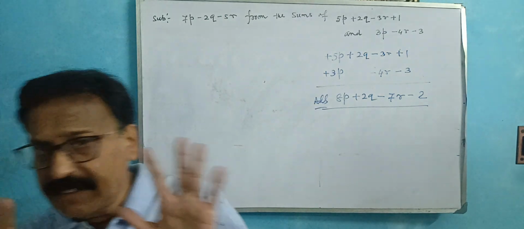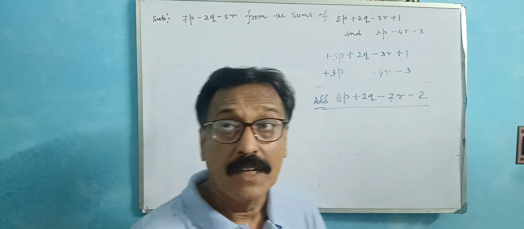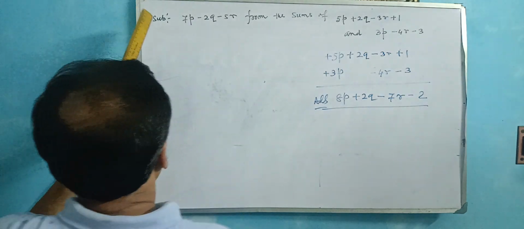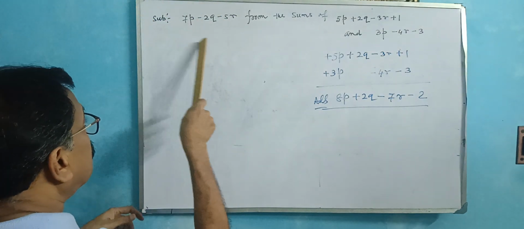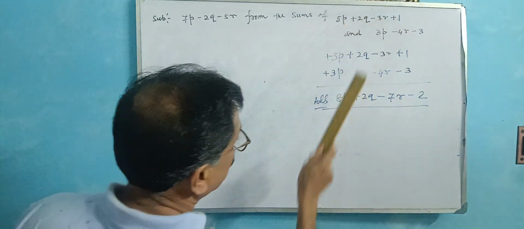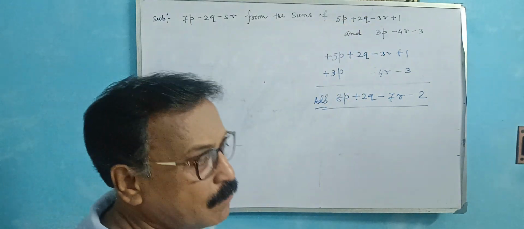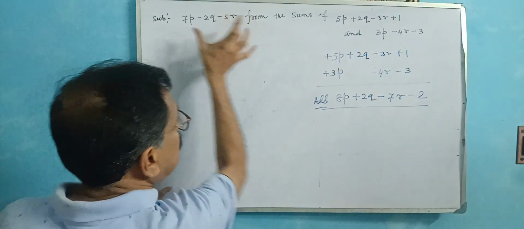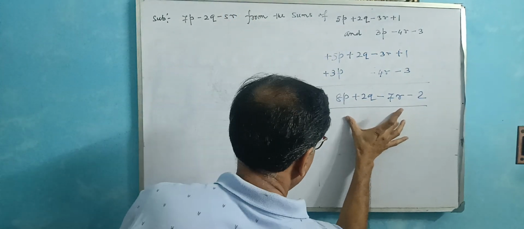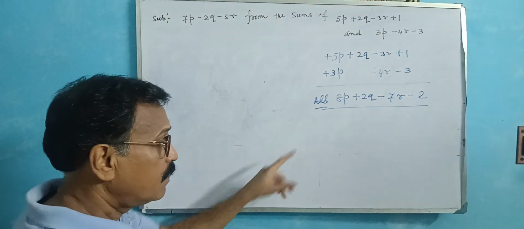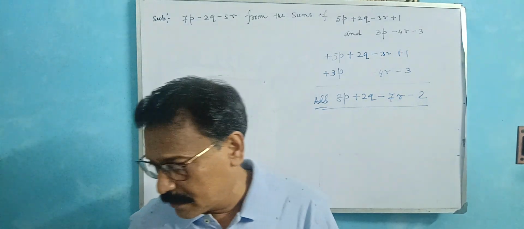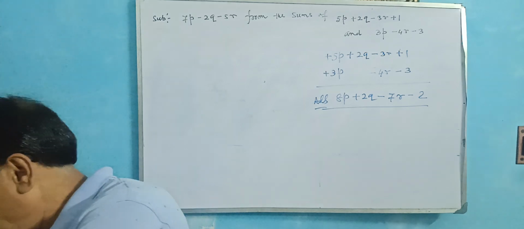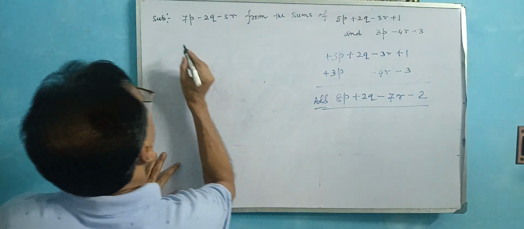Very easy, just to properly understand the process. কি বলেছে? সাবস্ট্রাক্ট দিস, এই পার্টটাকে সাবস্ট্রাক্ট করতে হবে ফ্রম দ্য সাম অফ দিস এন্ড দিস। তাহলে এটাকে আগে সাম করে নিলাম। ওকে, দ্য রেজাল্ট ইজ দিস। নাও সাবস্ট্রাক্ট দিস ফ্রম দিস। এই যে ফ্রম বলেছে, তাহলে ফ্রমটাকে আমি উপরে রাখবো। ওকে, ইজ আপার পার্ট, ফ্রম ইজ দ্য আপার পার্ট। সো দিস 8p